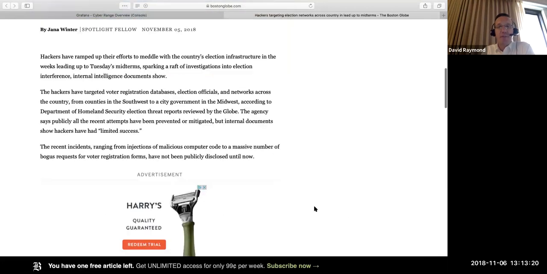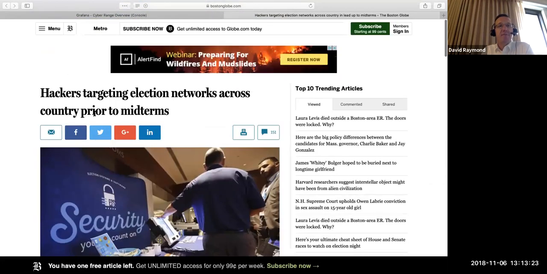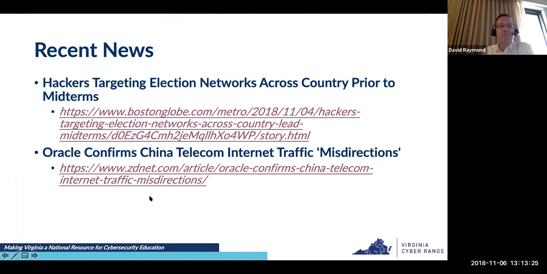Okay, so anyway, potential hack on voting systems, bit of news here. And then the other news is Oracle confirms China Telecom internet traffic misdirections. So this is a news story that